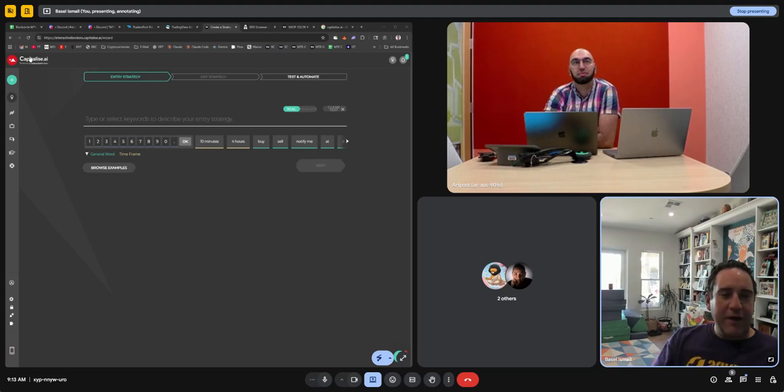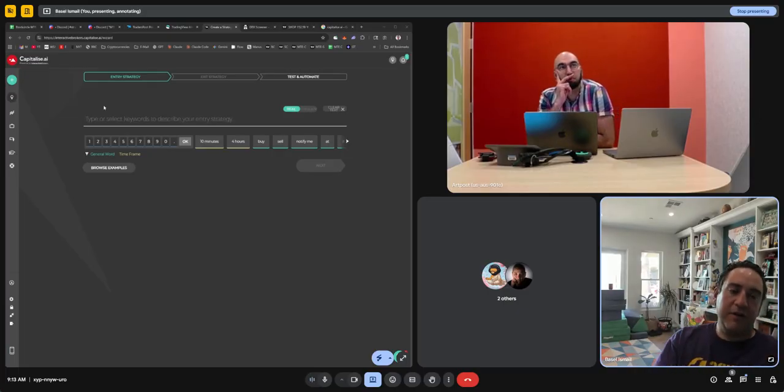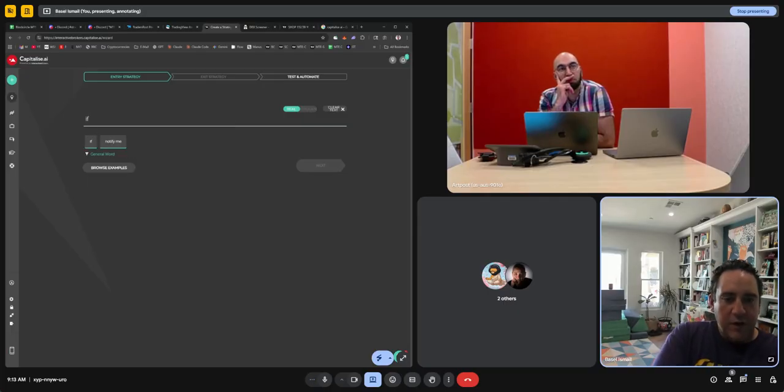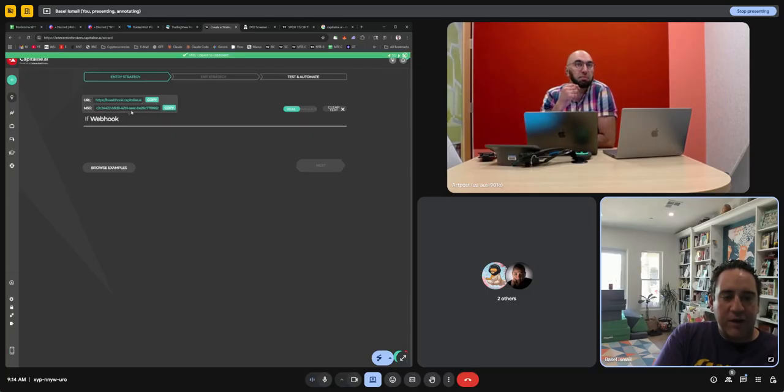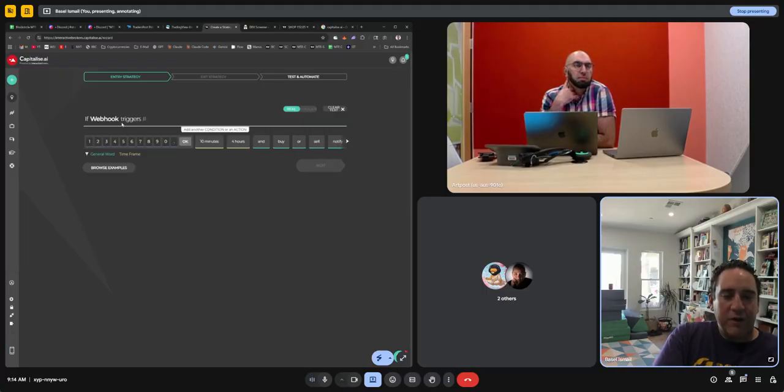So in Capitalize.ai, you have Interactive Brokers and then you connect it to Capitalize.ai, and then you have the setup. This is literally how you set up the strategy. You have to use your words. You type in if and you say webhook, like that. This gives you the exact webhook URL and the exact webhook ID, right? And then you say triggers, right? So if the webhook triggers buy,